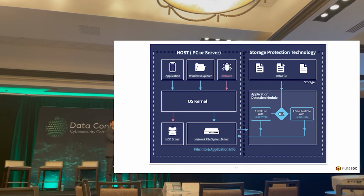So all data has to pass through the network driver, and then on our side, our storage protection server examines what application is asking for what. Only pre-registered applications get the real file with read-write attributes. Otherwise, we return a fake file with read-only. If the fake file is breached, in that case